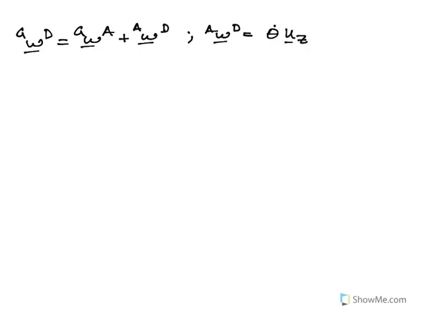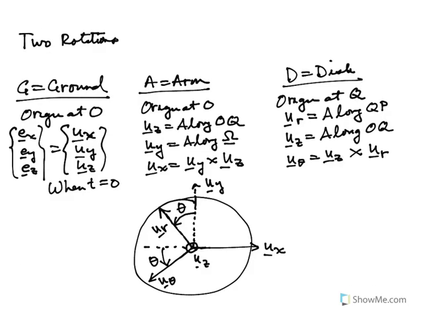Now, the angular velocity of frame D in G is equal to the angular velocity of A in G plus the angular velocity of D in A. We already have the angular velocity of A in G. We need the angular velocity of D in A. The angular velocity of D in A is equal to theta dot times, I called that direction uz. Remember, uz is along OQ. So that gives me that the angular velocity of D in G is equal to omega uy plus theta dot times uz. But uy needs to be expressed in coordinates fixed in the disk, and I can get that from